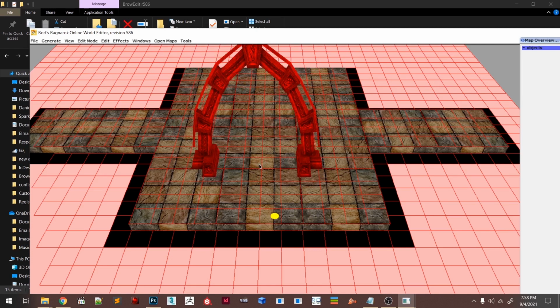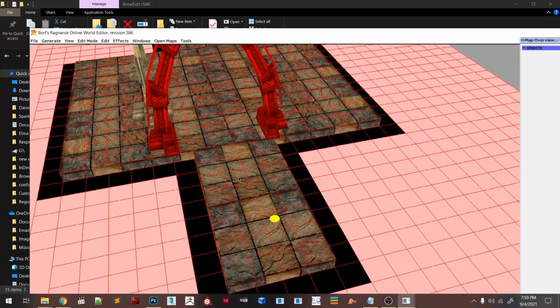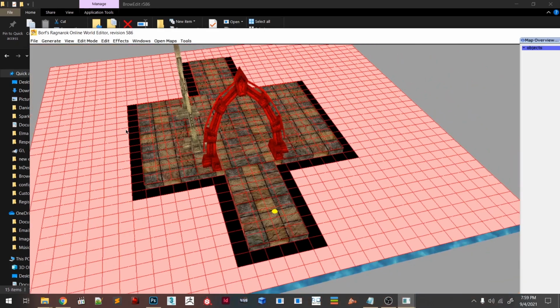Now we're gonna press. So if you press C, you make a copy. If you press space bar, you're gonna rotate the model. And let's say I want to rotate it and put it right there. So now you can just use the arrow keys to drag around. It's a bit confusing, but you'll get used to it.